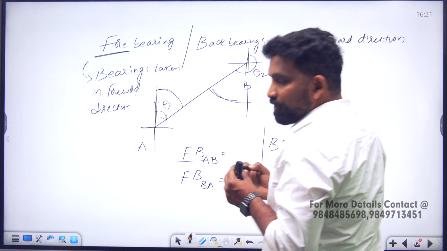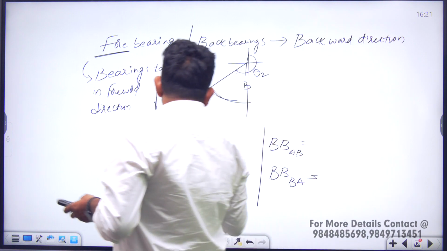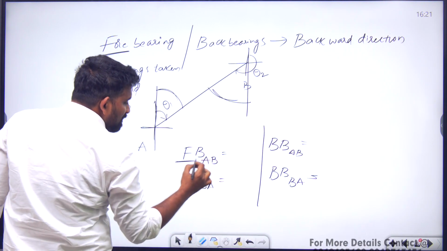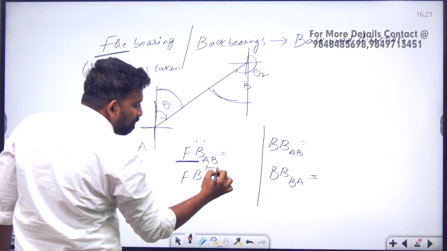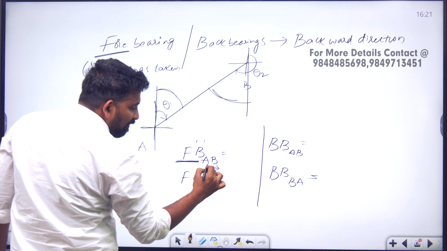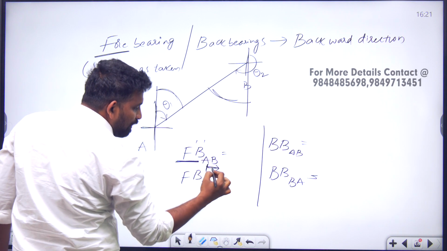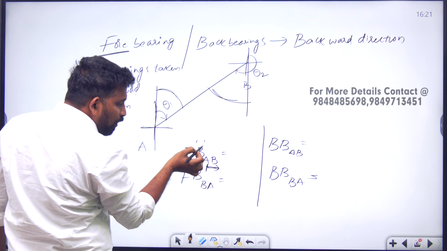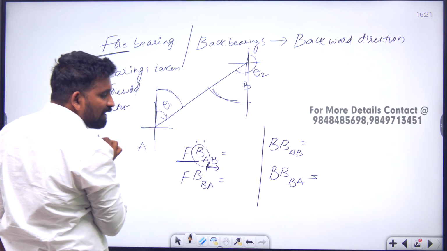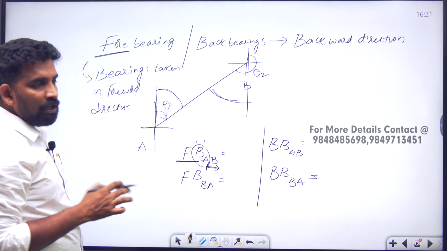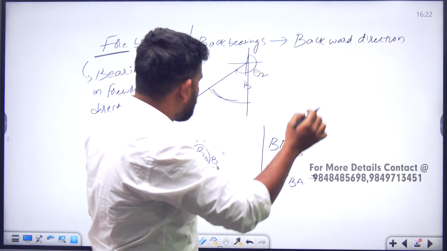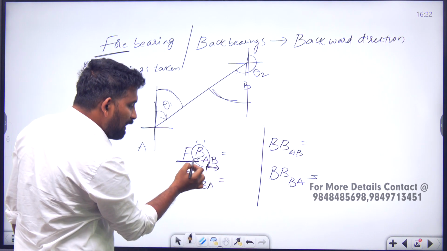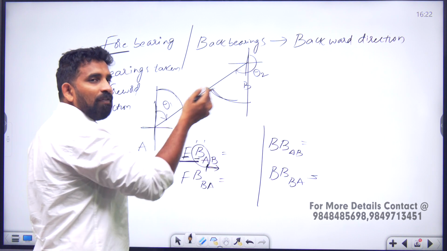Okay, now let us see this. Fore bearing of AB means in the forward direction we are carrying some bearing from A towards B. I am starting from A and moving towards B in the forward direction, and now the question is what is the bearing at A? That is the question he is asking. Very simple question. Fore bearing, I am traveling with some bearing in the forward direction. So from where to where am I moving?